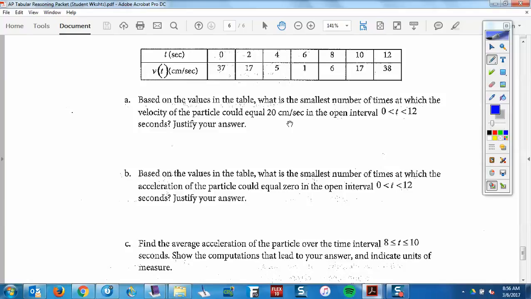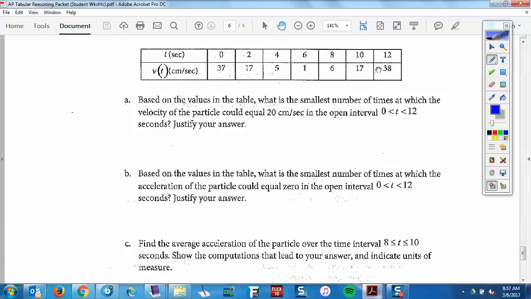So, what is the smallest number of times the velocity could equal 20? Well, could it equal 20 in here? Yes. Could it equal 20 in here? It could, but we don't know. We want the smallest number of times it could equal 20. Doesn't it have to equal 20 at least once here? Right? Could be more, but we don't care. So it's got to be 20 once. Doesn't have to be 20 there, but it does have to be 20 there. So 2 is the smallest number of times that this thing is going to equal 20 centimeters per second,